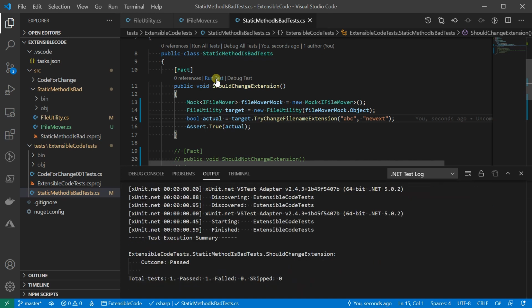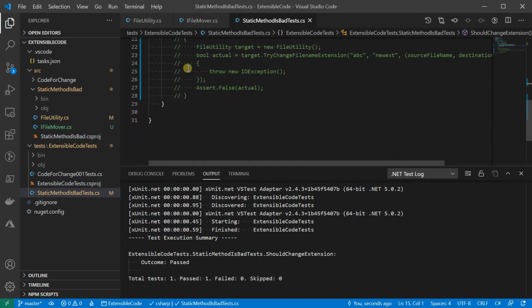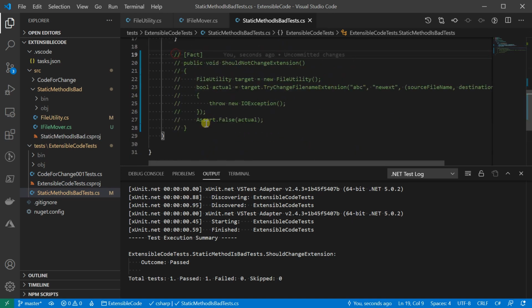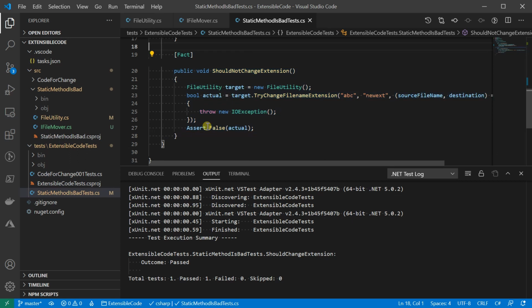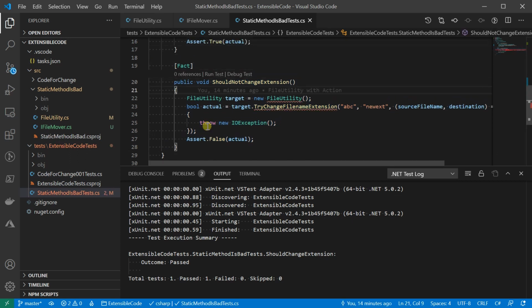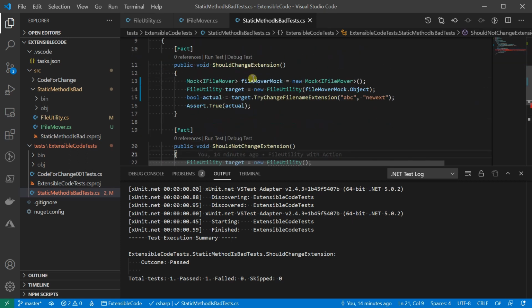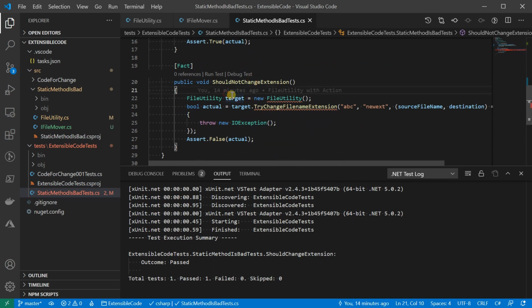Still passes. Now let's move on to work on the negative case. Okay, let me copy the creation of the mock.